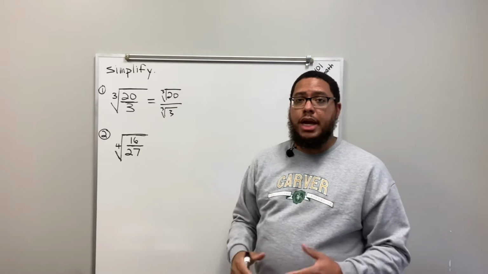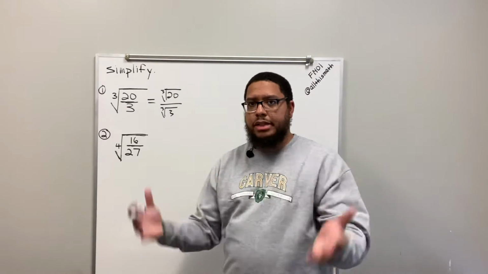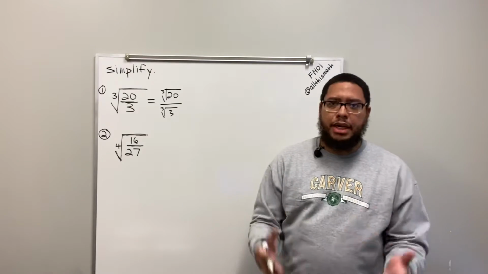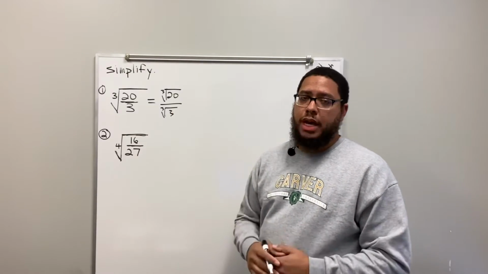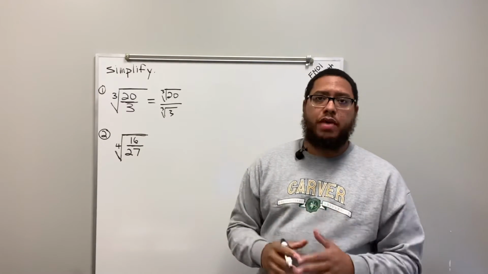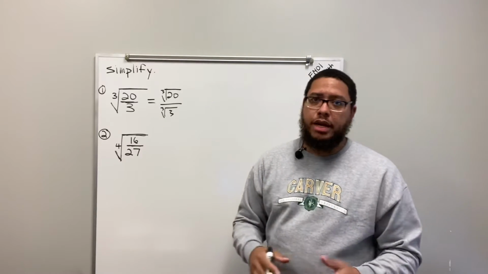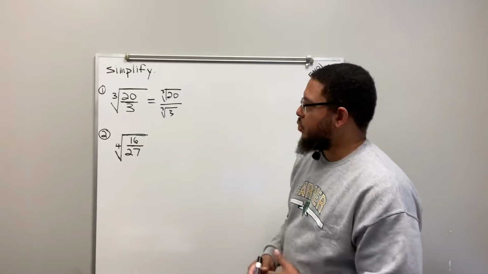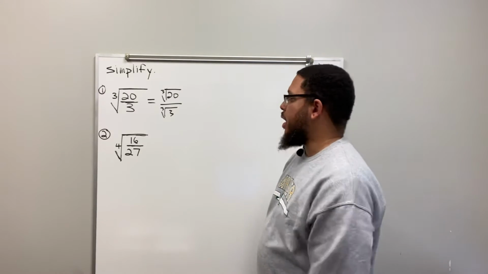We need to rationalize this, because when we say simplify, we mean tighten your problem up. Tighten it up, make it nice and neat, right? So this denominator should not have a radical sign in it. Remember that. When you're simplifying expressions, if you have a radical, you should never end up with a radical sign in your denominator. And there's a way to do that. There's a way to go about simplifying and getting rid of the radical sign when it's in your denominator.